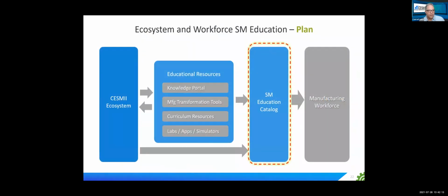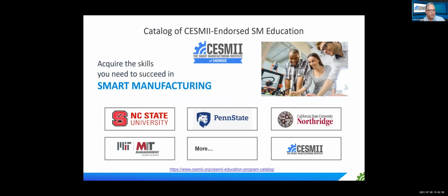So the last thing I want to talk about is our education catalog. We just put a link on the website for that. You can look for it under education, and you get here a sampling of the partners that we have that are helping us deliver education. So what we're doing is